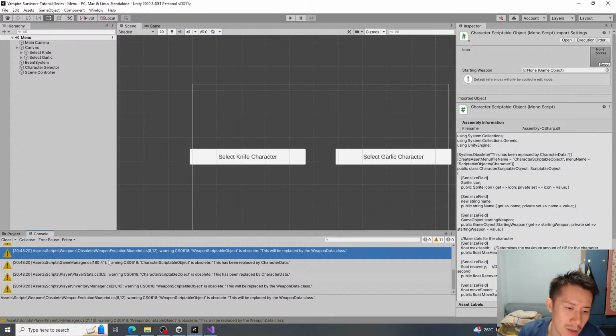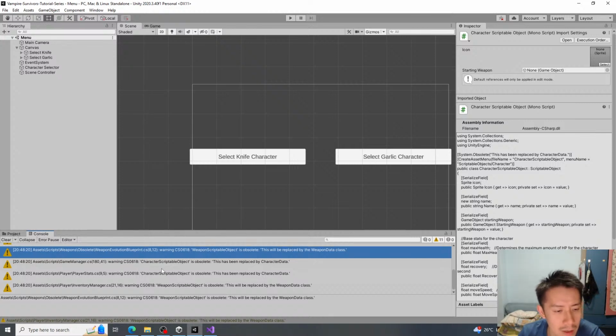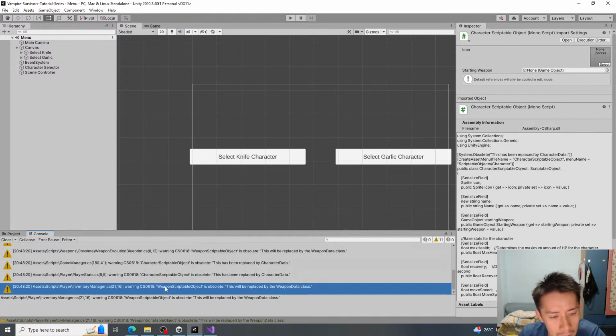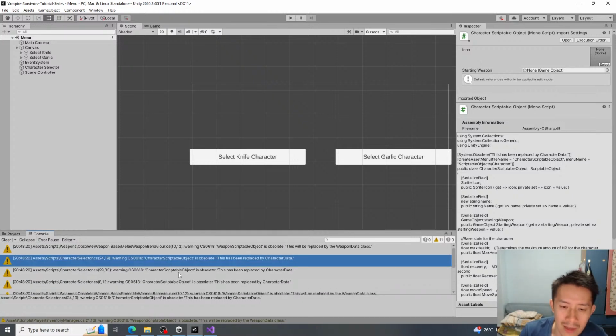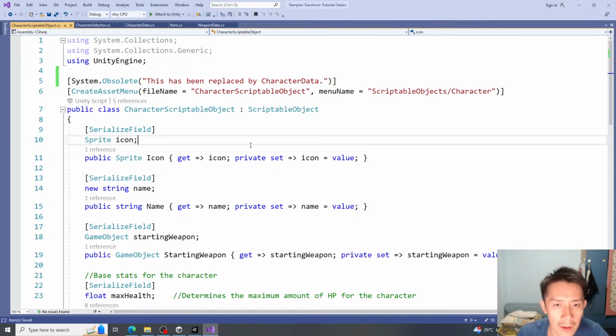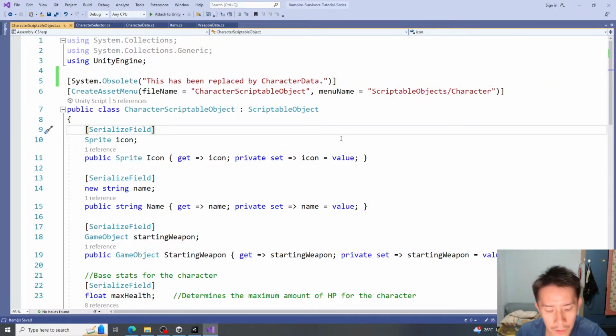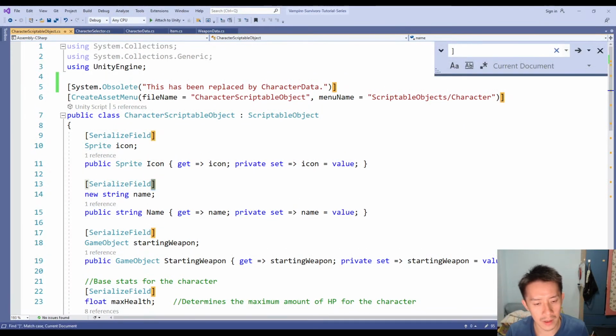This is for the weapon scriptable object. Alright, but you will see a similar warning also for wherever you have a script that uses character scriptable object. So whenever you mark something as obsolete, this tells you what script you have to update so that you can use the new weapon system. So in our script over here,